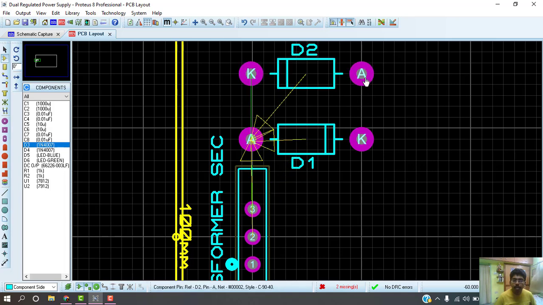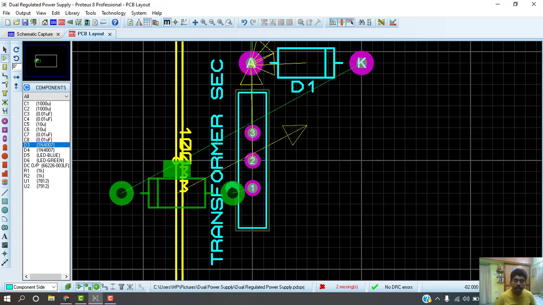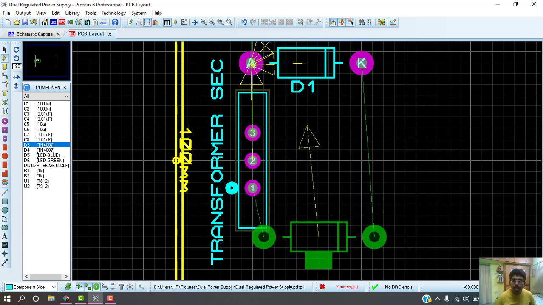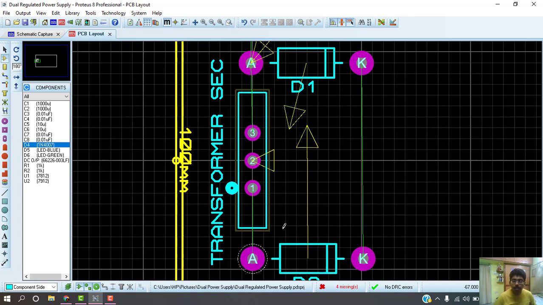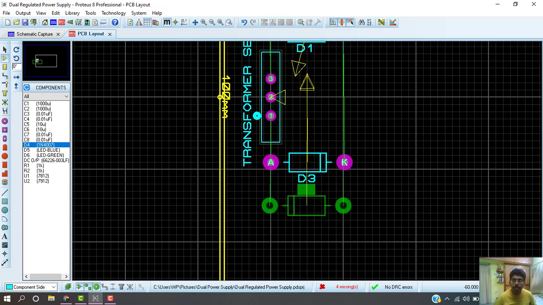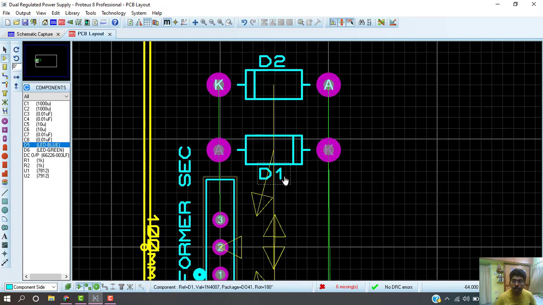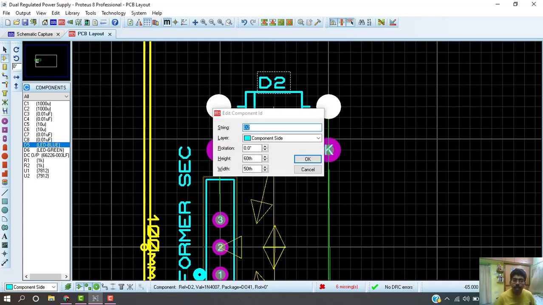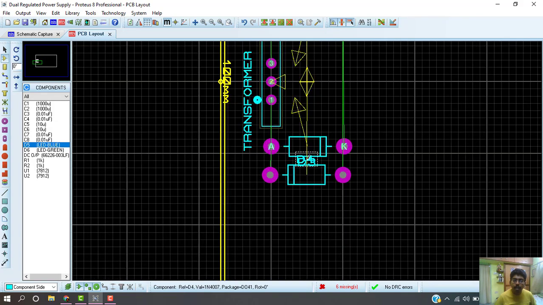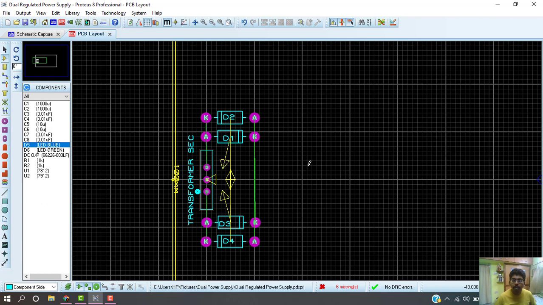Yellow line shows the distance between the connecting components. Now we have completely placed the 4 diodes.